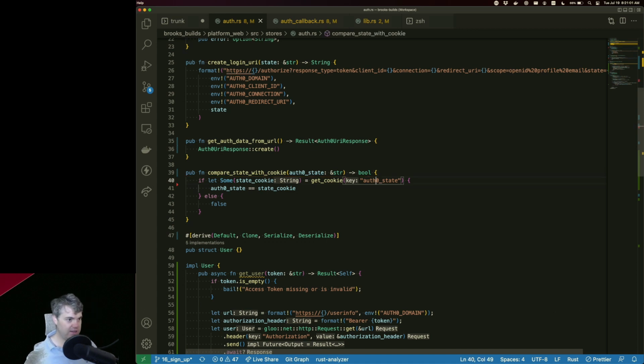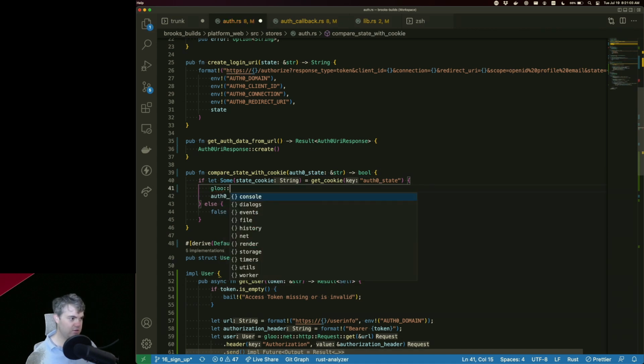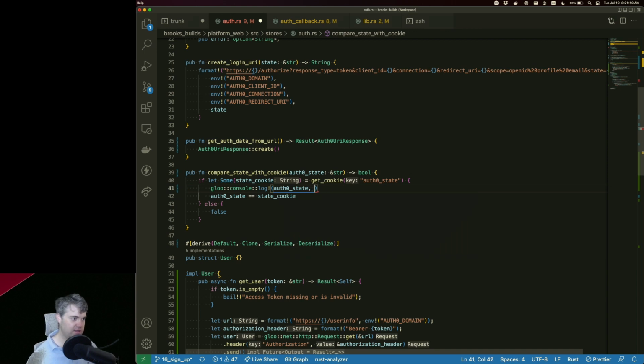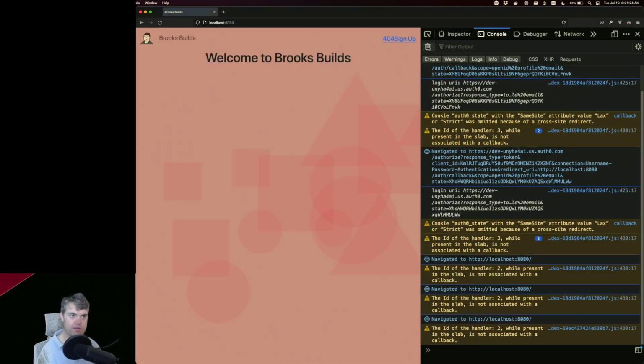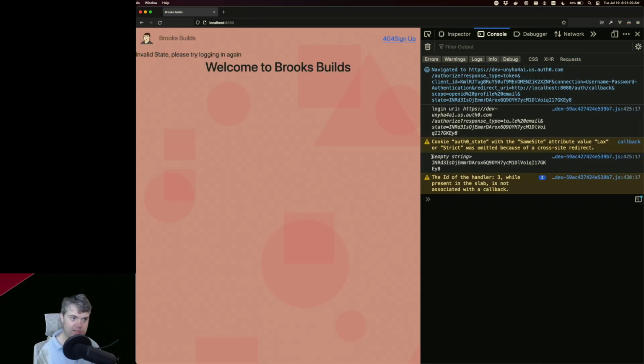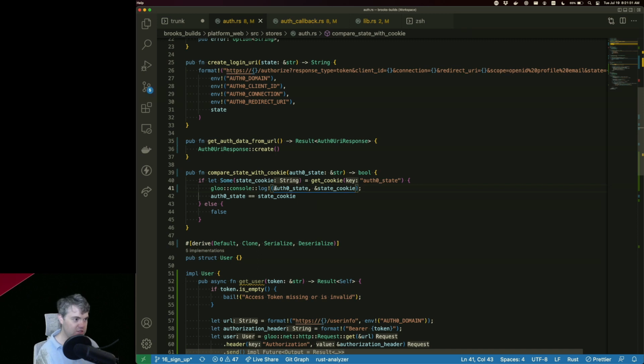I want to do a foo console log, auth0 state cookie. I want to see, are they the same? Oh, state cookie is a string. Oh, look at that. Empty string is the first one. So auth0 state is an empty string.